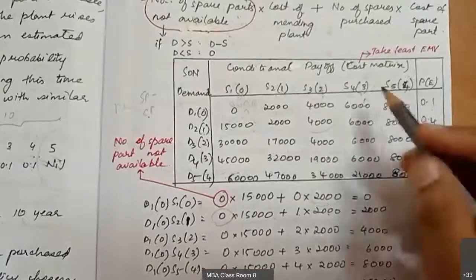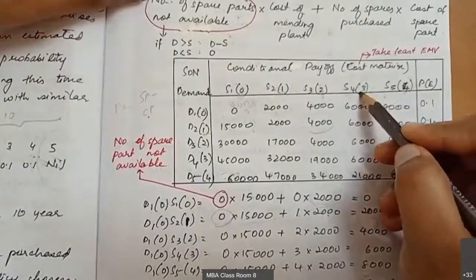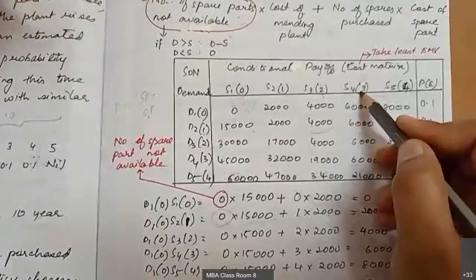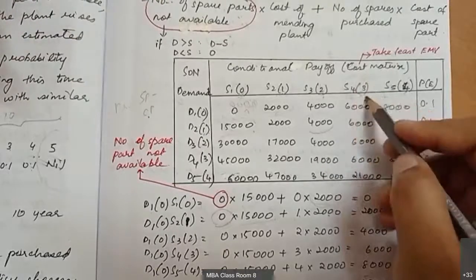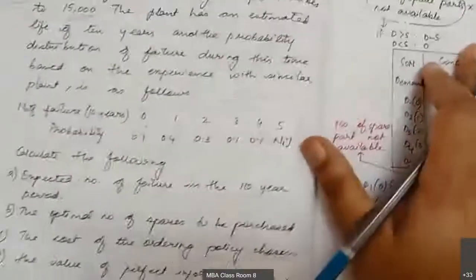The least value corresponds to which strategy? S4. S4 means 3 spare parts. So 3 spare parts is what you have to buy in your manufacturing department so as to reduce the cost. Okay, hope it is clear. The last one is,